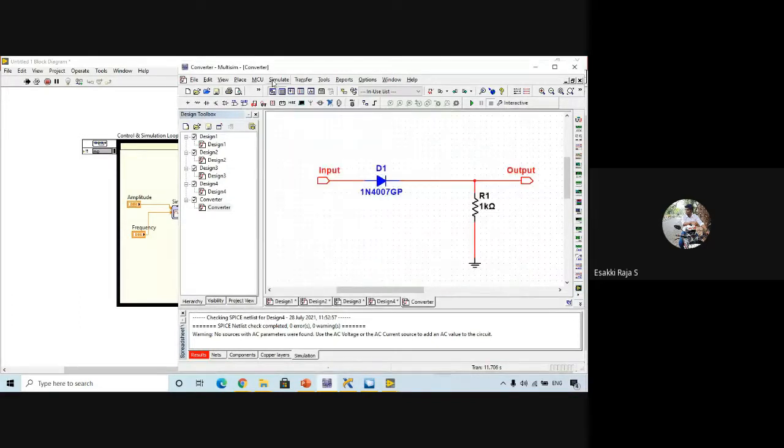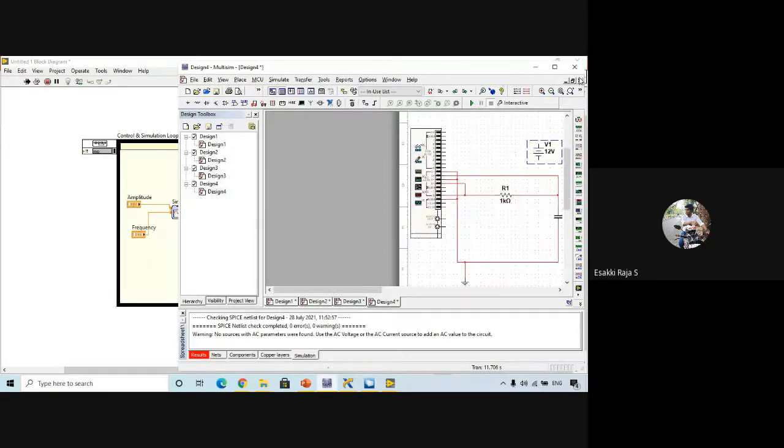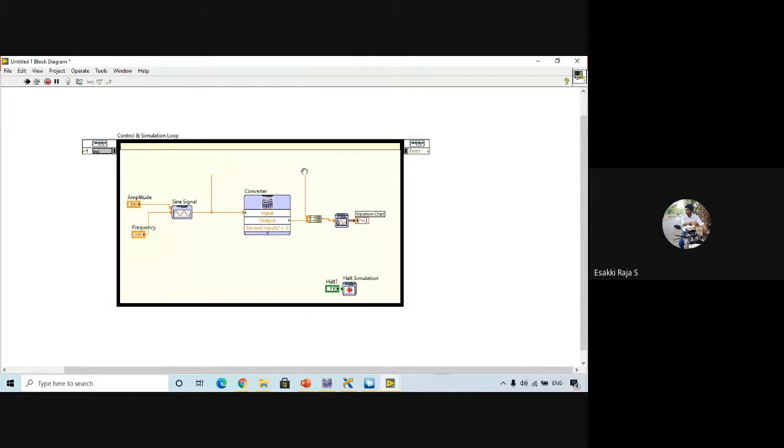Those are all different ones, so you don't need to keep everything open. You can close this. We just need to have our Multisim design file. If we have it, we can call our Multisim design in LabVIEW, provide an input, and take the output. If people have any doubt, you can ask in this LabVIEW co-simulation part.